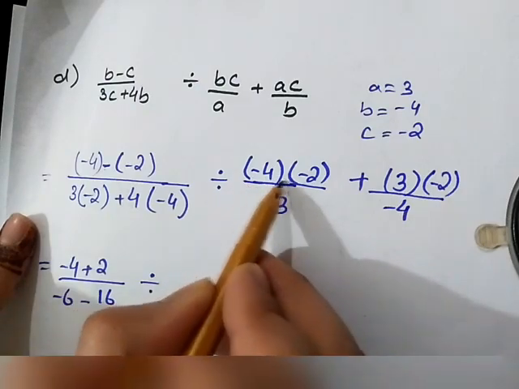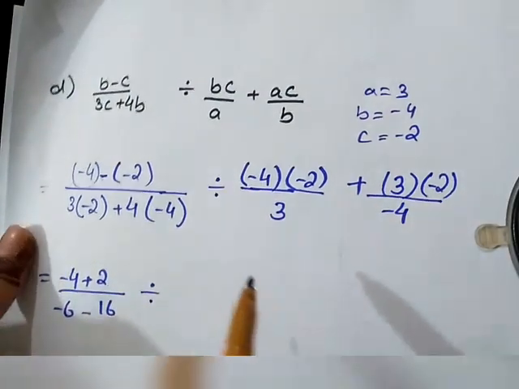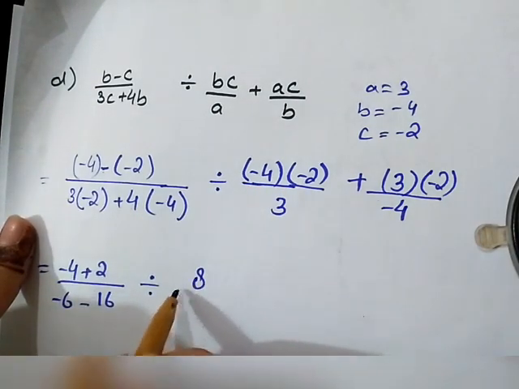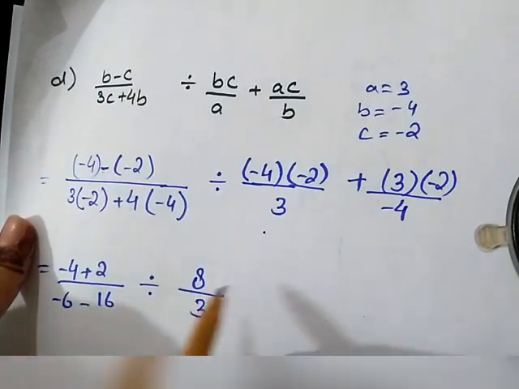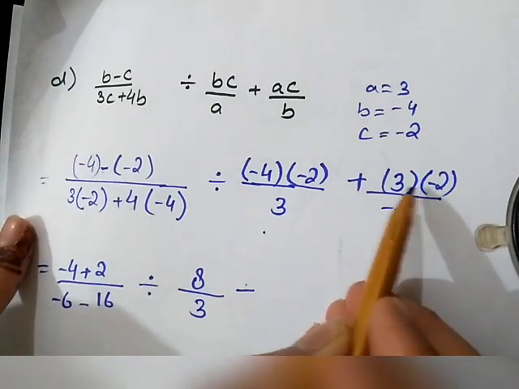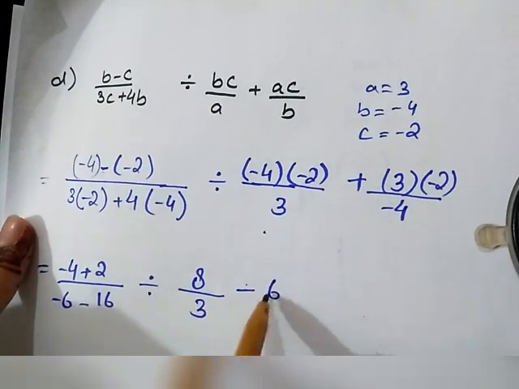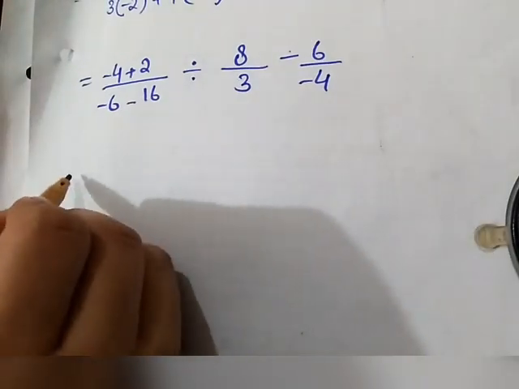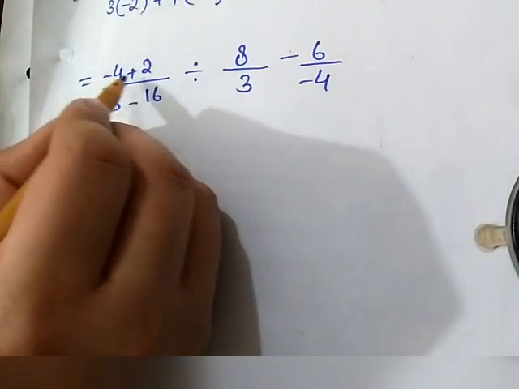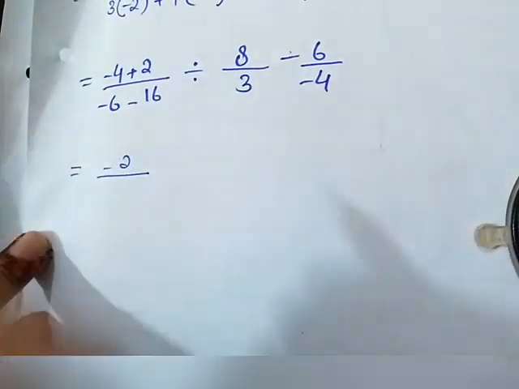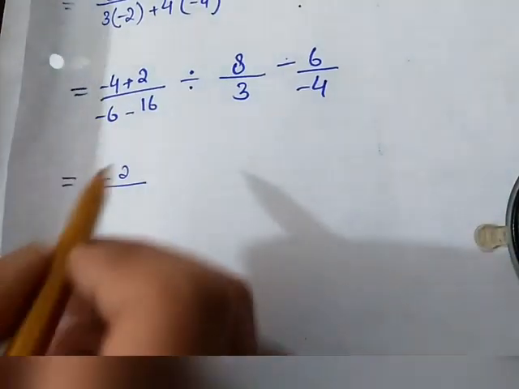Minus minus plus: in multiplication, when two minus signs multiply, they become a positive sign, or plus minus minus plus. 2 4s are 8 by 3, and plus minus minus, 2 3s are 6, minus 6 by 4. In the next step we multiply these two minus signs. Okay, now -4 plus 2 is -2, and -6 minus 16, both terms having the minus sign, so the terms will be